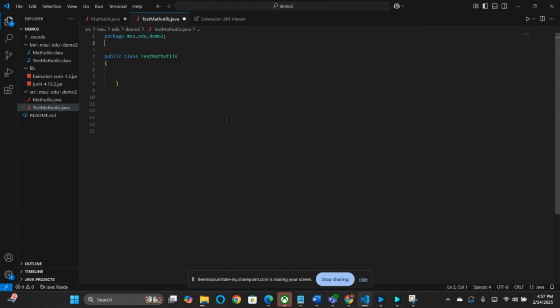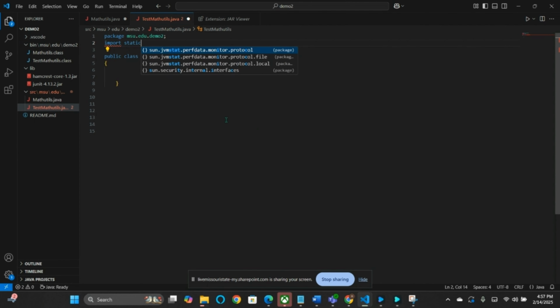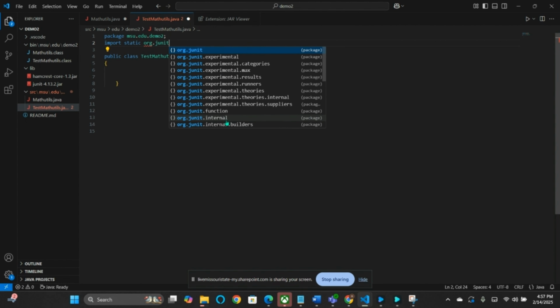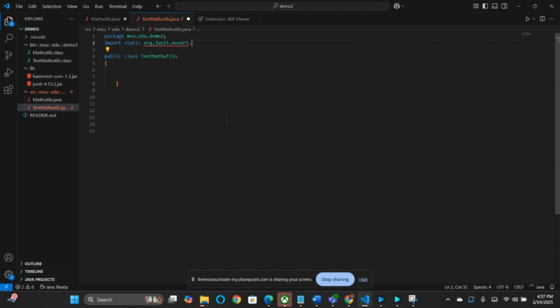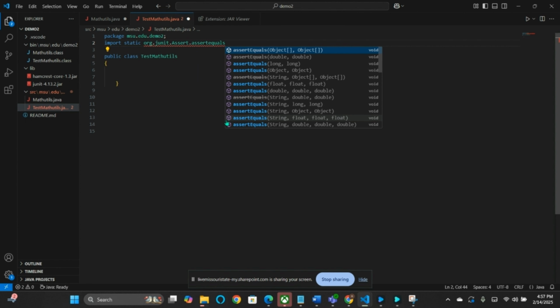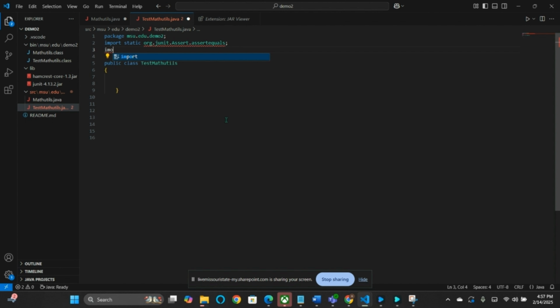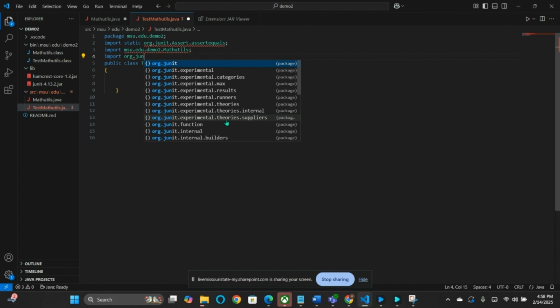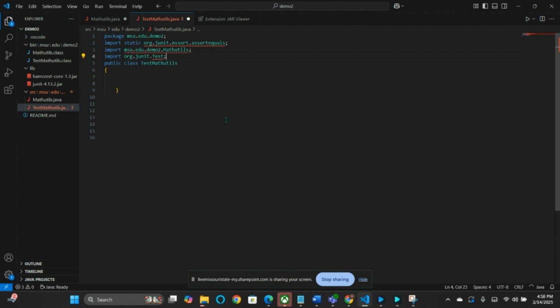Let's write the test code. Import static org.junit.Assert.assertEquals. Import demo2.MathUtils. Import org.junit.Test. Public class. Here